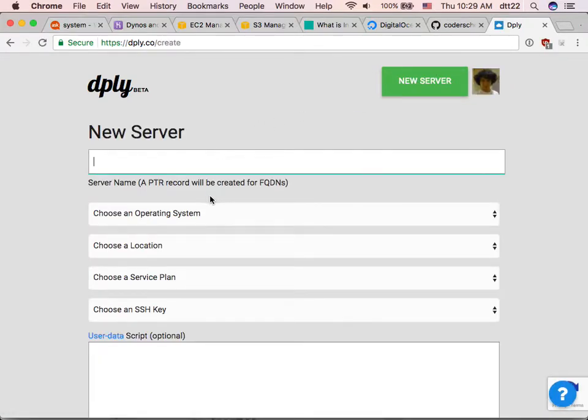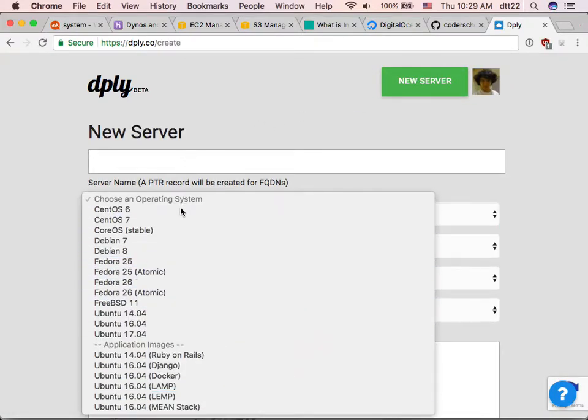And you can name it however you want. Choose here an operating system, and we only try Ubuntu. Tomorrow I'll show you how to set everything up from scratch using just Ubuntu here. But for today, just start with this one. It installs Rails and Ruby and all of that for you already. So you can just install the newer version of Rails and then start running it.